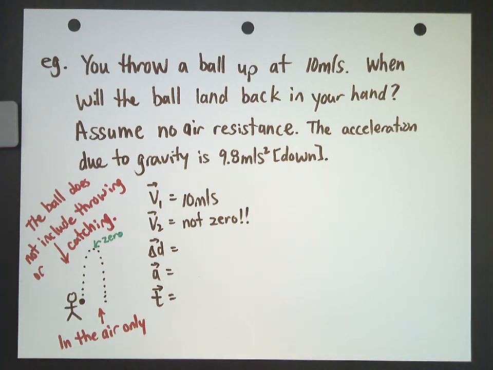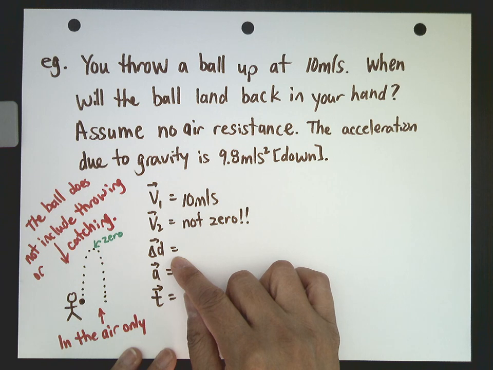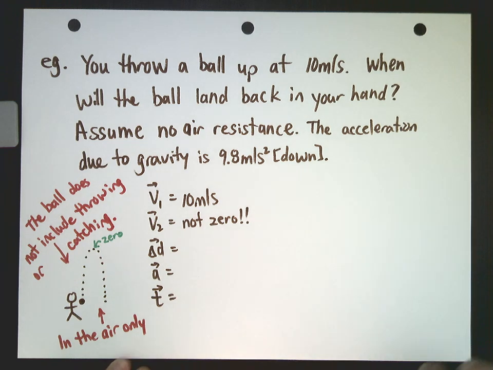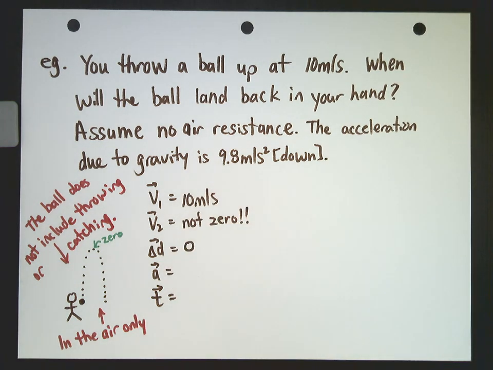Let's figure out displacement. Ooh, displacement. Well, where did it start? It left your hand, and where did you catch it? Were you going to catch it right at your hand? So technically, the displacement is zero. It went nowhere. All right. Acceleration, in this case, it is